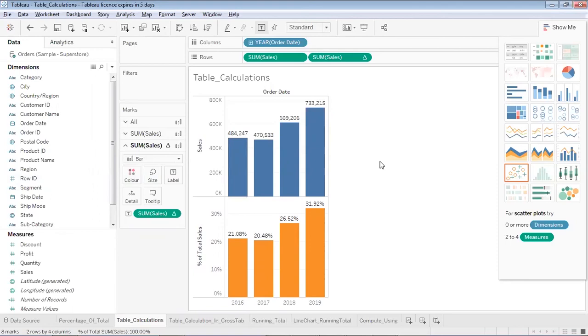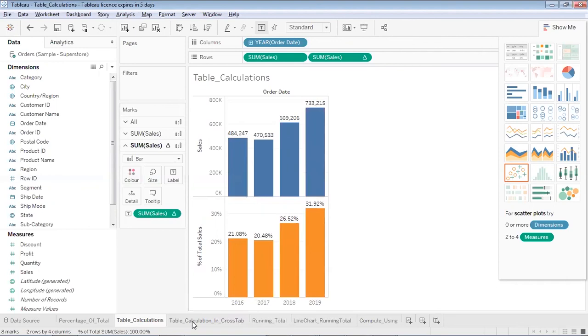So in the last 4 years, if I take the entire sales as 100%, then 2018 contributed around 31.92 percent of the total sales, and the minimum sales came in the year 2019, which was around 20.45 percent. So this way we can use table calculations to show our sales in terms of percentage of the total.